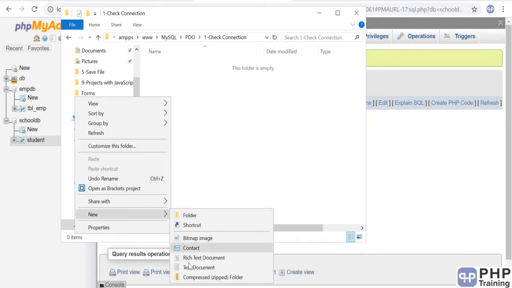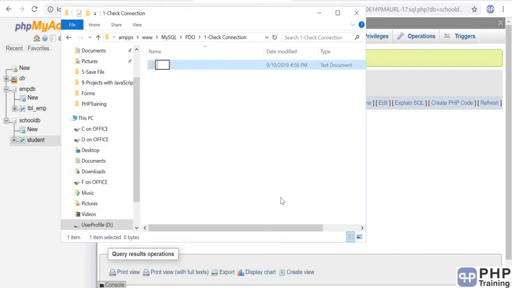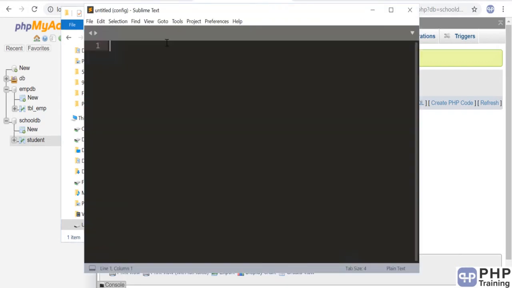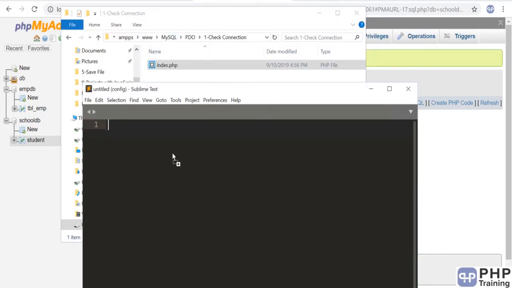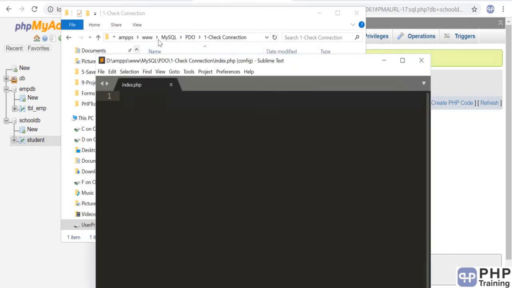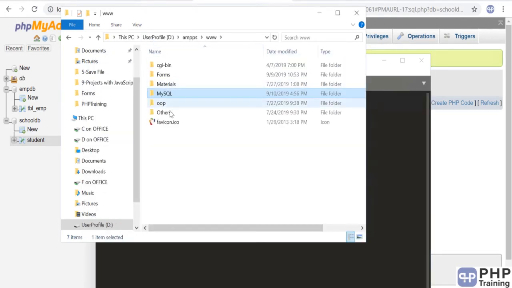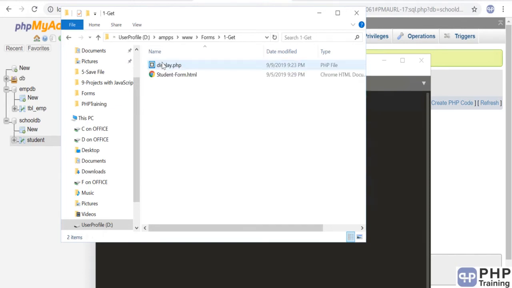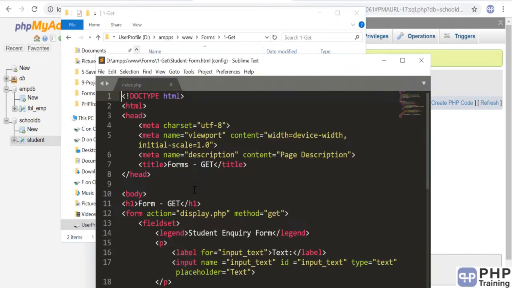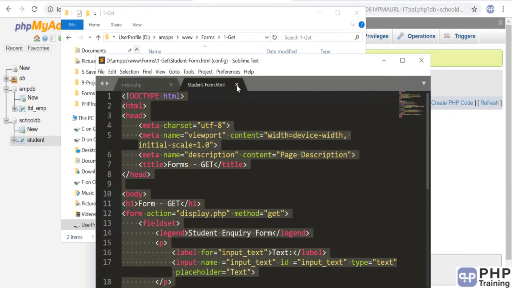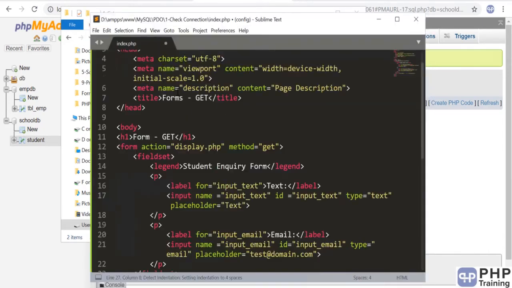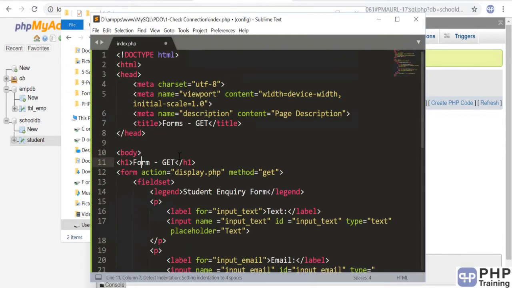Okay, so in this I'll create a file. We'll use Sublime to open this file. We'll also use our Bootstrap. Let's say we use any of the HTML code, and we strip off everything.